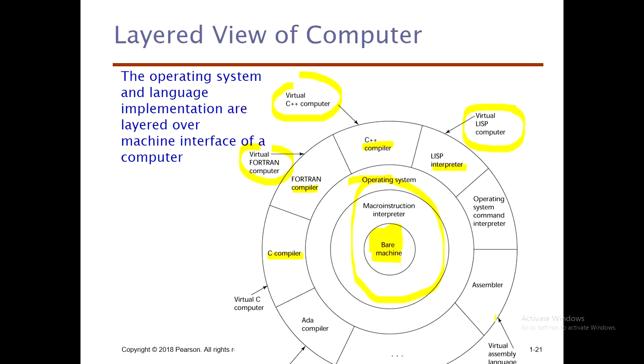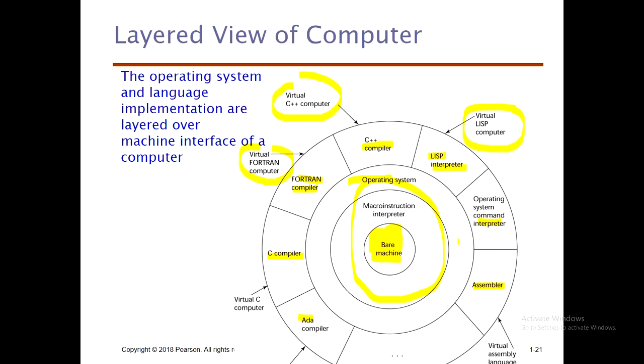For example, the Visual Assembly language has an assembler, while the command operating system has an interpreter. And the Ada programming language has a compiler; C, C++, and Fortran have compilers. The Lisp programming language has an interpreter. So whatever they have, interpreters or compilers or assemblers, these programs are layered on top of the